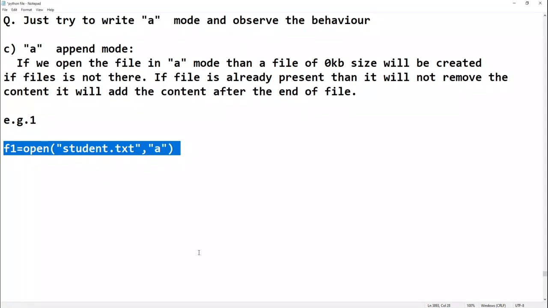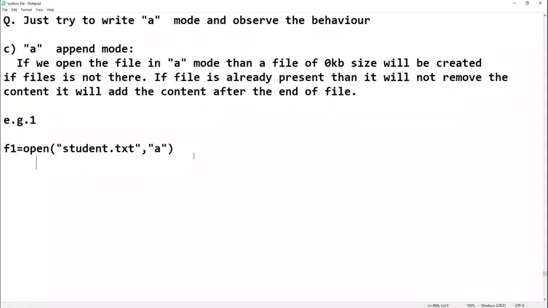Okay. Let us write a few things. Do remember, if you mention a wrong drive name or wrong folder name, suppose I don't have an F drive in my system, and I write F colon student.txt, let's see what happens. See, file not found error: no such file or directory.